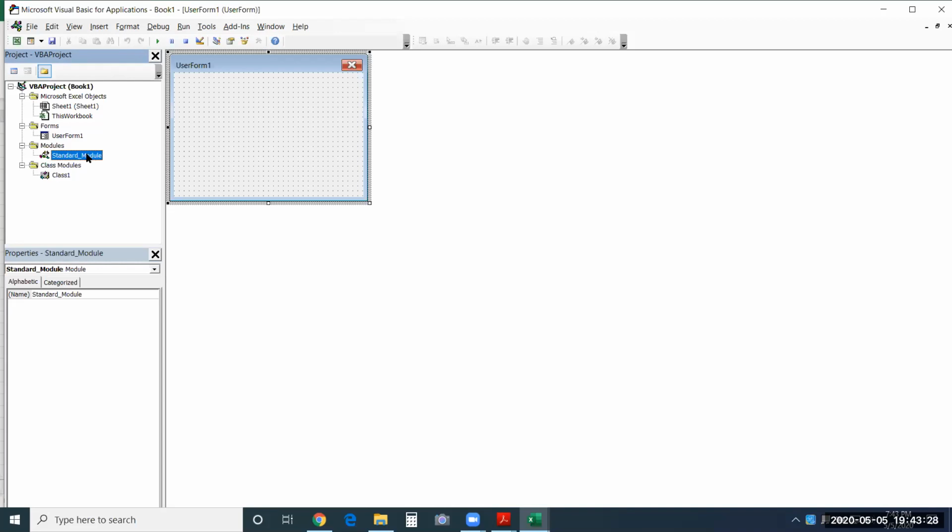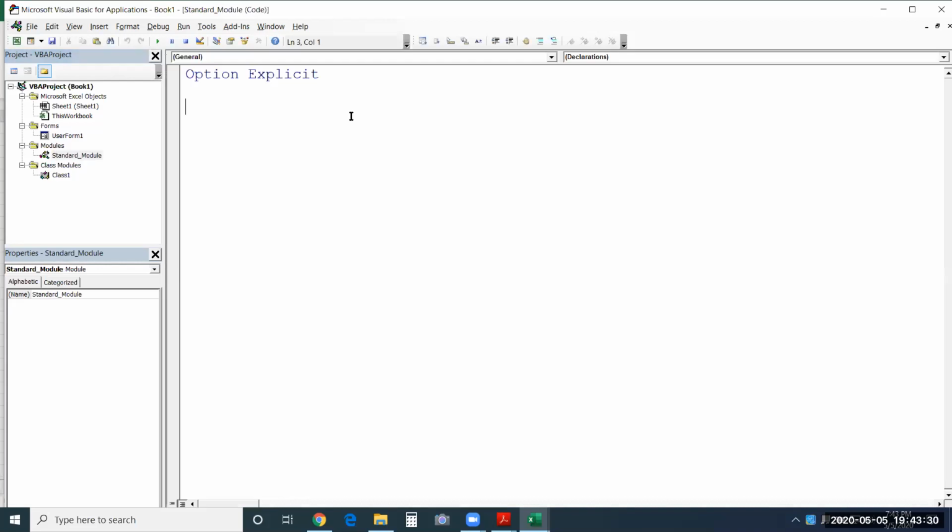Now double click on standard module. You can see standard module here because I changed the name. You can see the object drop down and the event drop down here. There are two drop downs, object and event. Now in standard module, we don't see any objects, neither events.